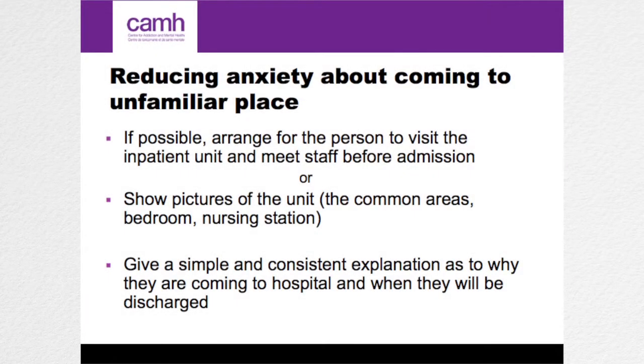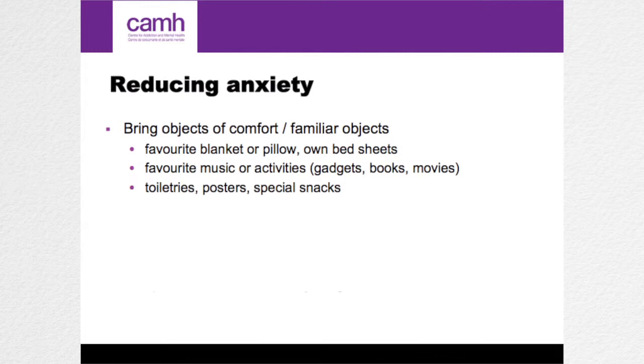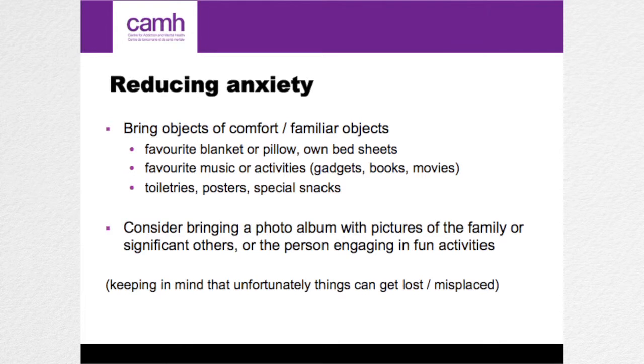It is also very important to have a simple and consistent explanation as to why the person is coming to hospital and when they will be discharged. Bringing objects of comfort may help to ease the transition. These could be a favorite blanket or bed sheets, favorite music or activities, or even toiletries. A photo album with pictures of the family or significant others may also help to maintain the emotional connection with